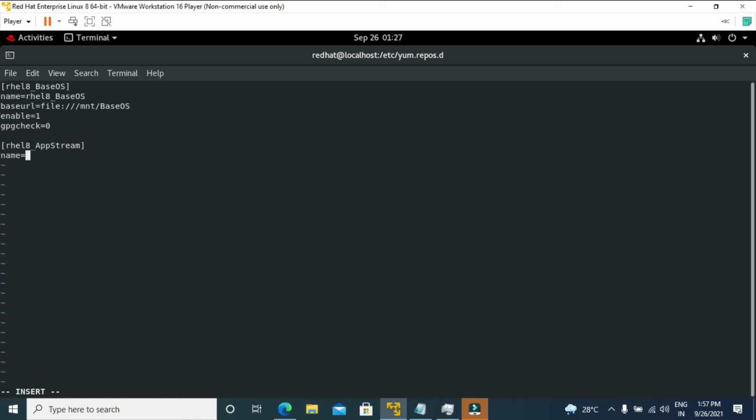Here copy will not work, so I have to type manually, or if you type in your notepad, from there also you can do it. RHEL8_AppStream, then baseurl equal to file.